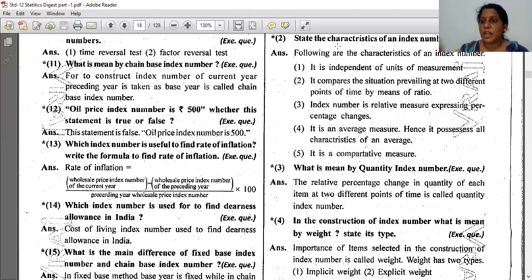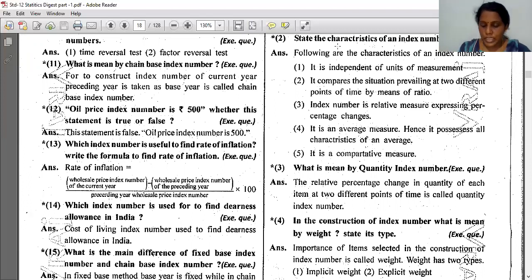I mean P1 upon P0 into 100, right? So we are comparing two years, P1 current year, P0 base year, into 100. So relative percentage change in the quantity of each item at two different points of time is called a quantity